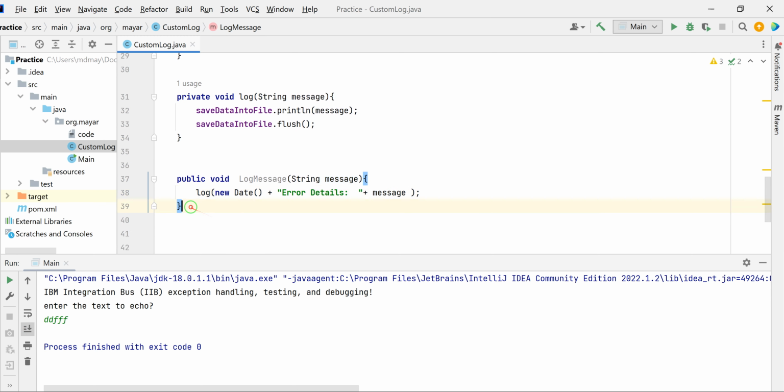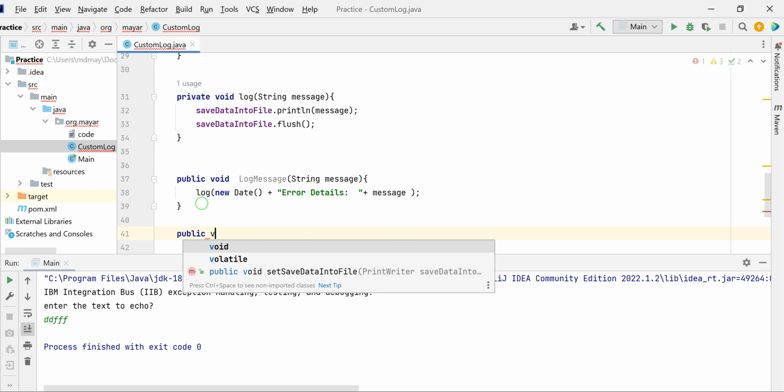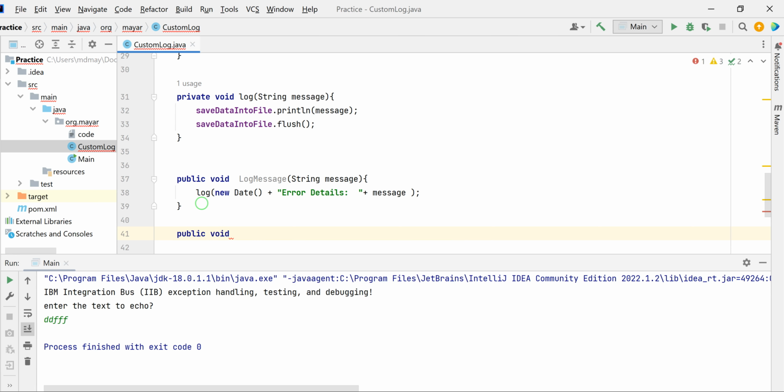So let's also create another method that would be a throwable method that saves our data as well. Whatever the log is, it will be save log. I will say log, what to name it, log throwable, no, log error. Let's name it log error, and this time the type is Throwable,